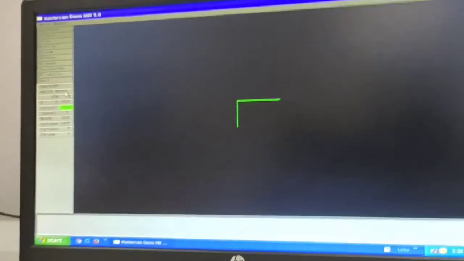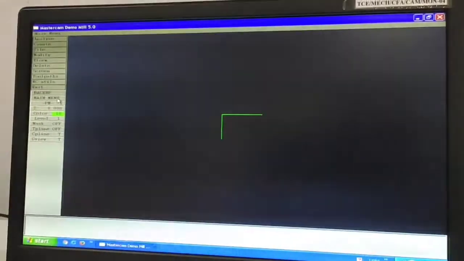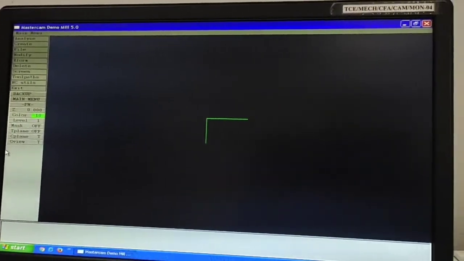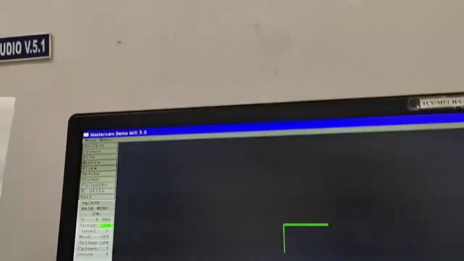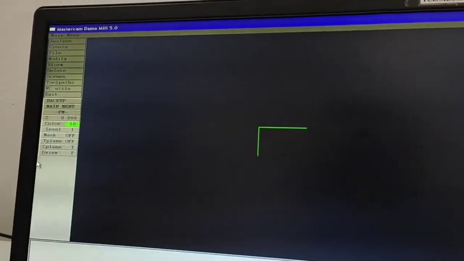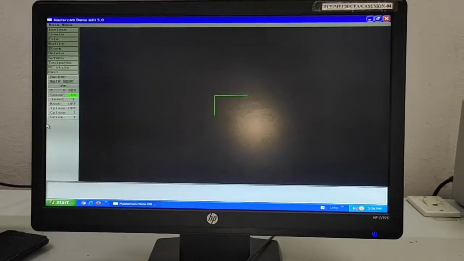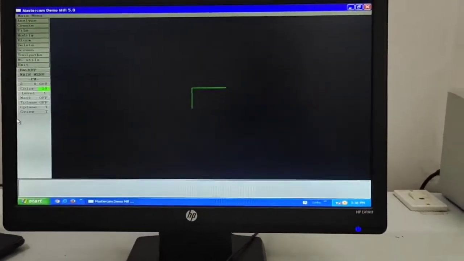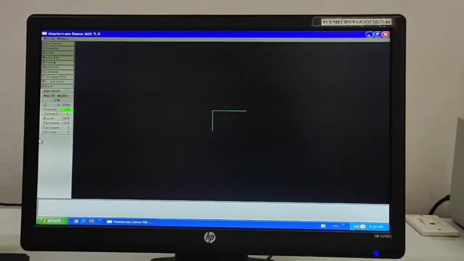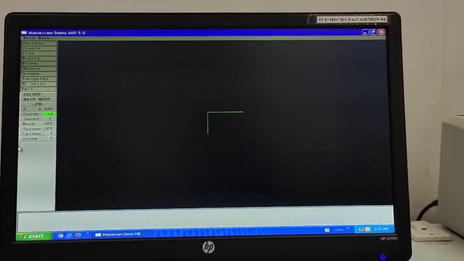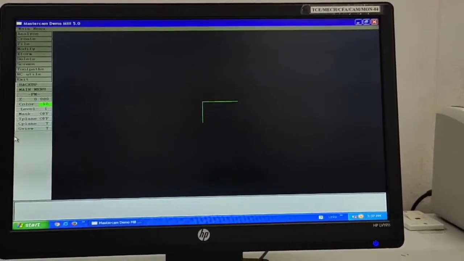So from here to here, I have to draft the curvature. First you have to draft the curvature, then you have to join the line. Without the curvature, we are not able to join the tangent line. To draft the curvature, normally the arc moves from 0 to 90 degree, 90 to 180 degree, 180 to 270, 270 to 360.